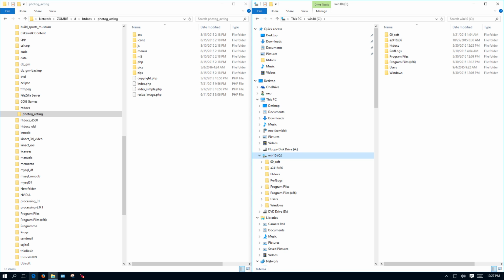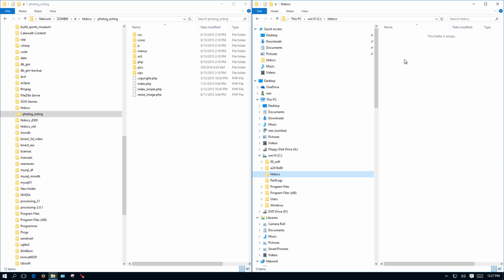Hey there, so I'm going to show you a simple tutorial on how to make your own photo gallery from software that I wrote for acting or performance, and it's really a simple file upload, drag and drop kind of thing. So I made a system here where I have htdocs as the server so you can test it locally, and we can make a new folder,